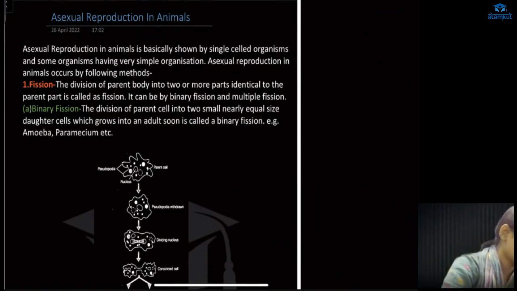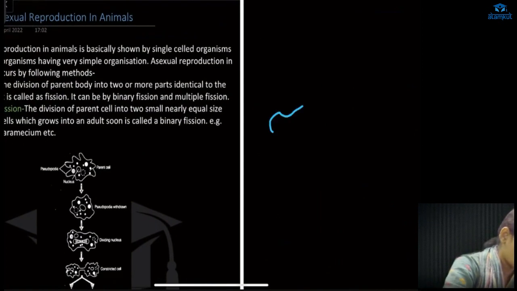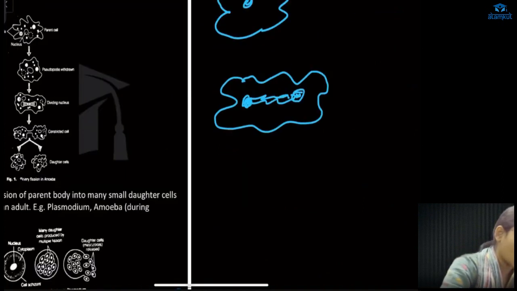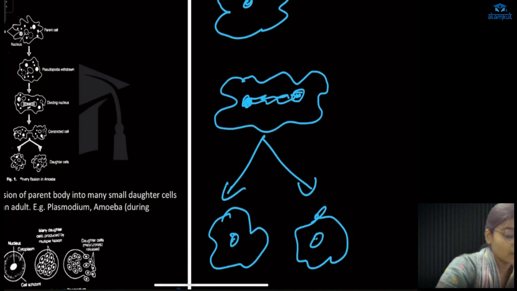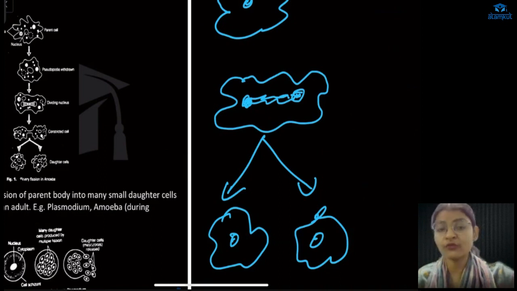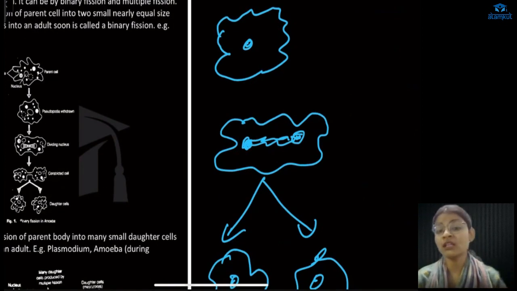Fission is basically, in this figure of amoeba, it will grow bigger in size. It will develop its content, and once the content has duplicated, the cell will divide into two parts. This is the most simple kind of division and formation of offspring. Two daughter cells are formed from one single parent, and this is why they are called immortal lives, because they never get destroyed or die.